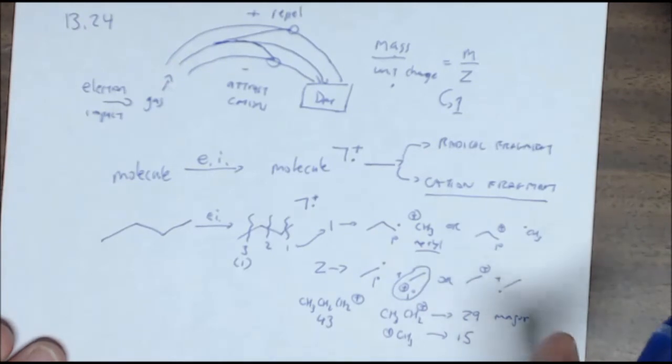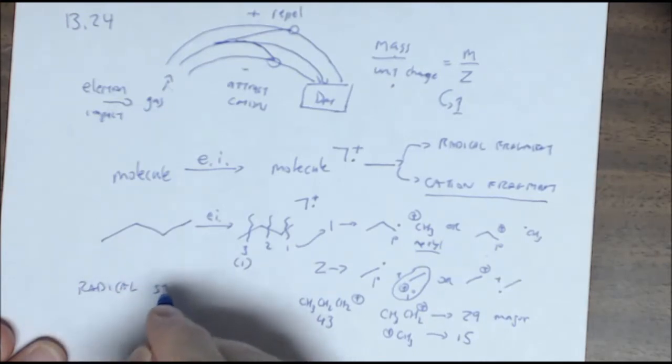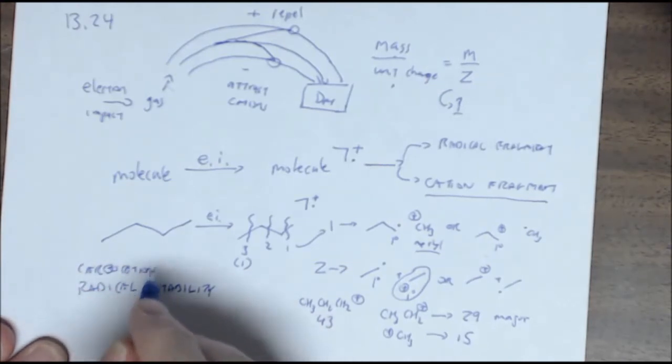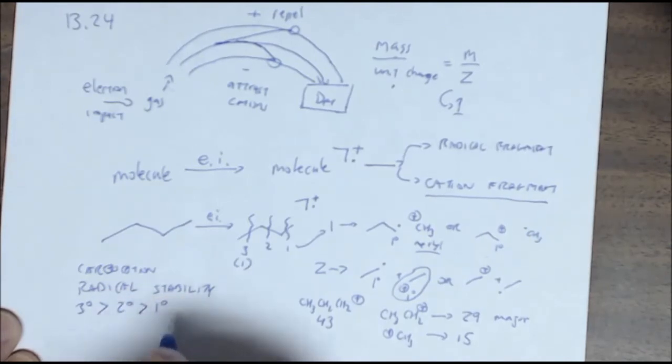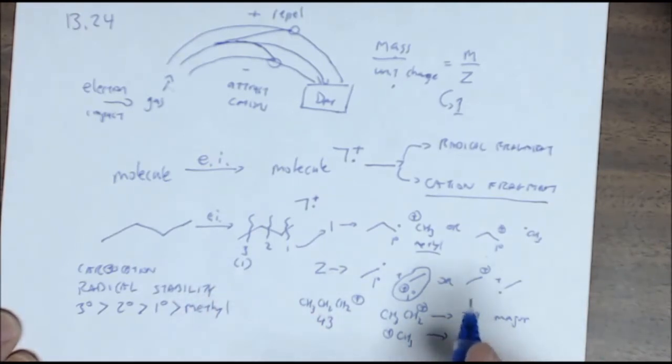Now remember stability with your radicals and carbocations. If you have a radical, and I'm going to write carbocation up here too, because they're both the same. Remember that tertiary was more stable than secondary, which is more stable than primary. And for mass spec, you can put another thing in here, which is more stable than the methyl radical or the methyl carbocation. Anything that's less stable, I'm going to see less of, as far as concentration goes,